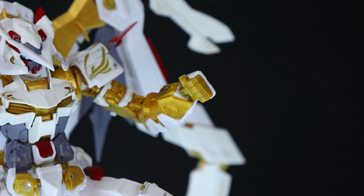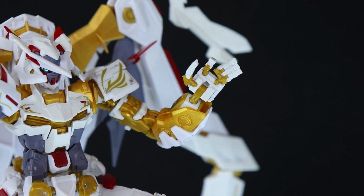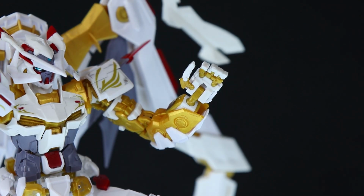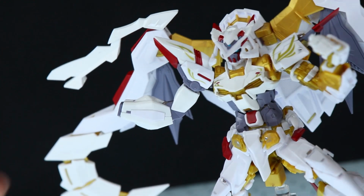And a little different on this side, we've got a fist, as well as one of those old school posable real grade hands. This of course has white fingers, which is a little more color accurate. Actually, let me double check that. Yep, that is a little bit more color accurate. So it is worth noting that we do have those particular hands for this side of the body as well,